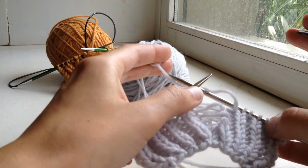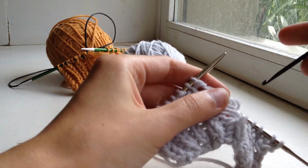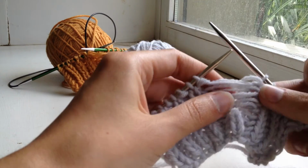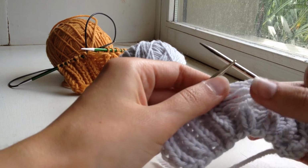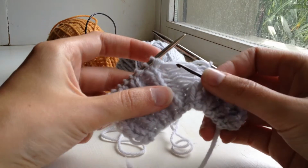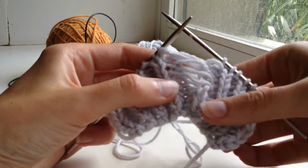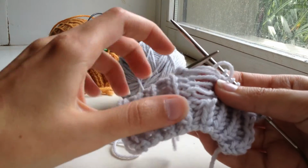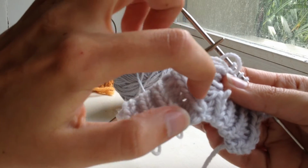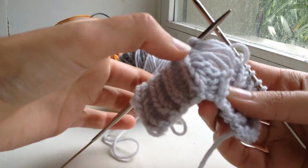Now fisherman's rib. Because in fisherman's rib you're knitting below, you are creating the same length of these strands every single time you create a stitch. So it's not quite as easy to distinguish where you should be going. On this one, make sure you can see this. You've got your knit stitch, I'm going to take that out again, and you can see you've got this interesting pattern happening over here, and this is going to be your guide for what you want to do. Because if you look down to the rows that you've used,